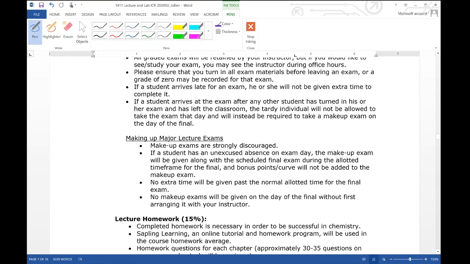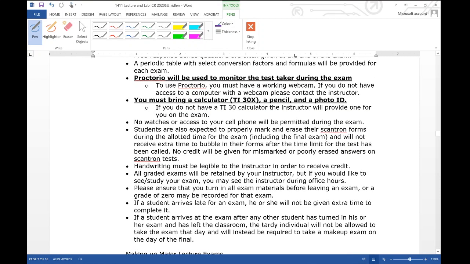So if for some reason you have an extreme emergency and need to take the exam on a different day, I'll try to accommodate you as best I can. In terms of the exams, I'll give you like 3 days to take them. So whenever you feel prepared to sit down, your house is quiet, all that good stuff, you can sit down and do it. I understand that there are some complications with doing everything online, and I want you to have the best chance to succeed. Most of these things you'll have a couple days to do them, but there are deadlines, so make sure you are keeping up with everything.